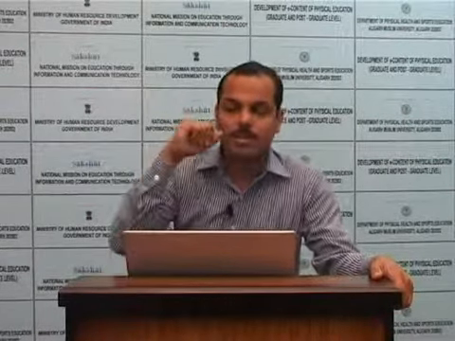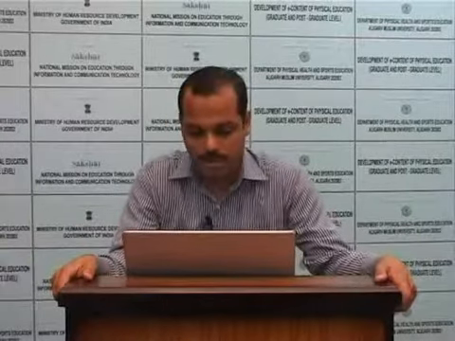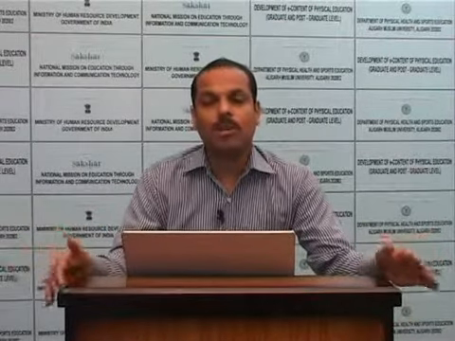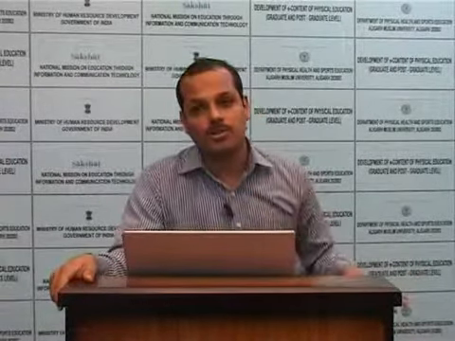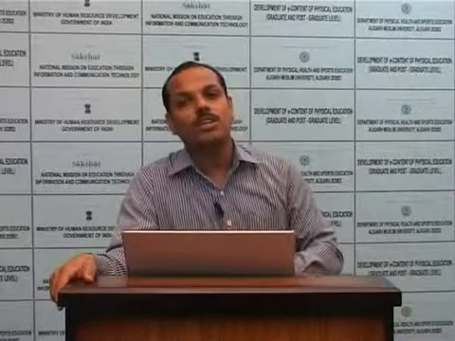Now, we will go through the origin, insertion and nerve supply of these superficial muscles. The first muscle is the pronator teres muscle. Pronator teres has 2 heads, a humeral head and an ulnar head. The humeral head is from the common flexor origin, that is from the medial epicondyle of the humerus. Ulnar head is from the medial border of the coronoid process of the ulna, and it is inserted to the lateral